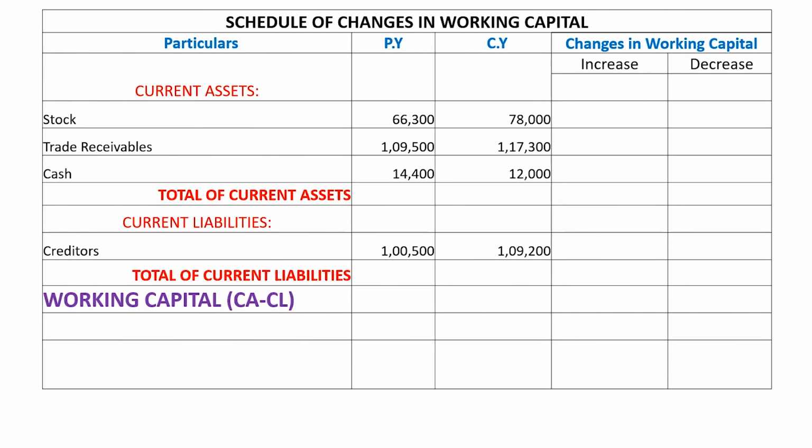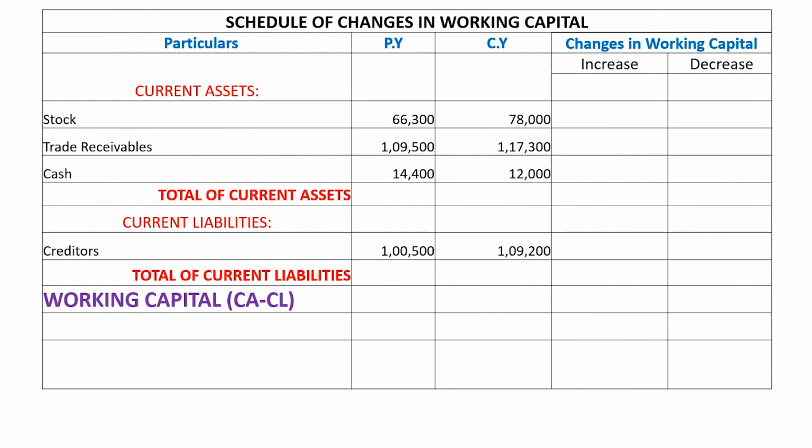First of all, we have to prepare a schedule of changes in working capital. Then we have to prepare the fund flow statement with the fund from operation. So we will start with the schedule of changes in working capital. The current assets are being given, but one of the current liabilities, provision for tax, is not taken here. In the previous class I said provision for tax will not be taken in the schedule of changes in working capital. So without adding provision for tax in the current liabilities, we are going to prepare the schedule. This is the format we have seen: particulars, previous year, current year, changes in working capital. I have entered all the details of current assets and current liabilities here. Provision for tax, a current liability, is not being taken here.